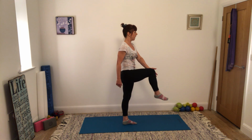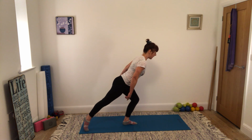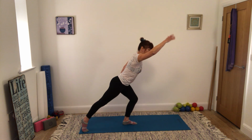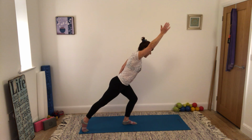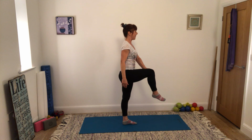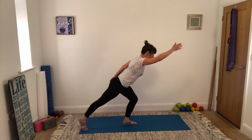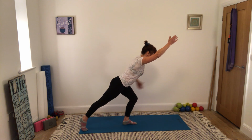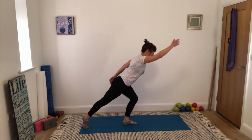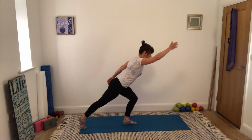Last one here. Now I'm going to swing that leg back, bend my standing knee, take the same arm up. So in the monitor, I can see that I've got this lovely straight line. Lifting the knee, straightening the standing leg, pushing opposite hand to knee, swinging the leg back, hinging at the hips, not allowing your back to change shape at all. Push and swing and push and swing